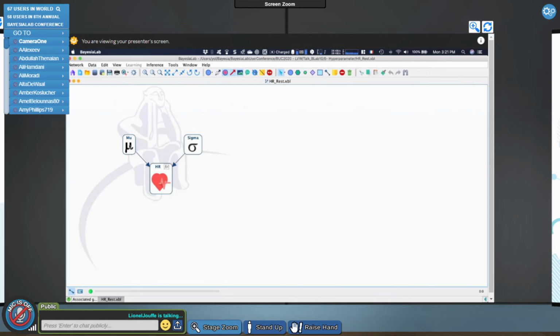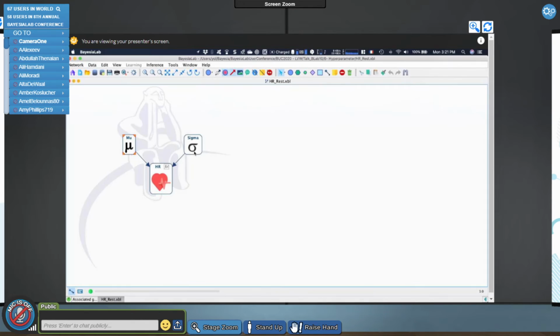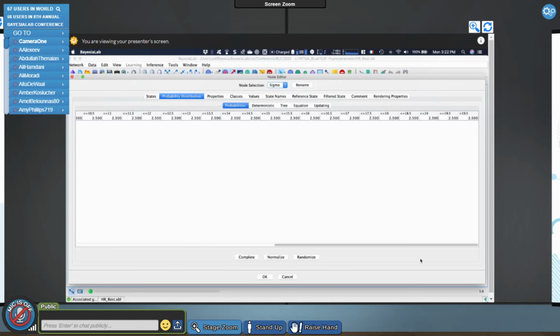And mu is the same thing: it's a variable that goes from 35 to 65. Then sigma goes from 0 to 20, right?